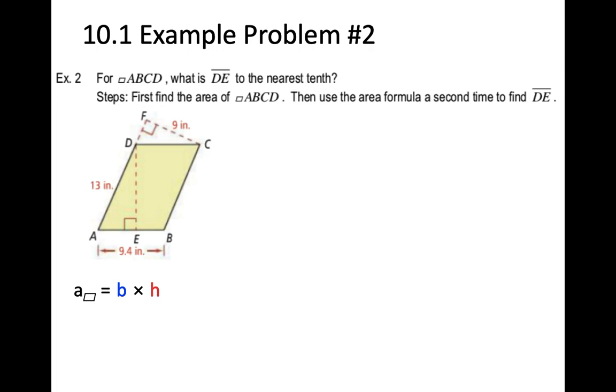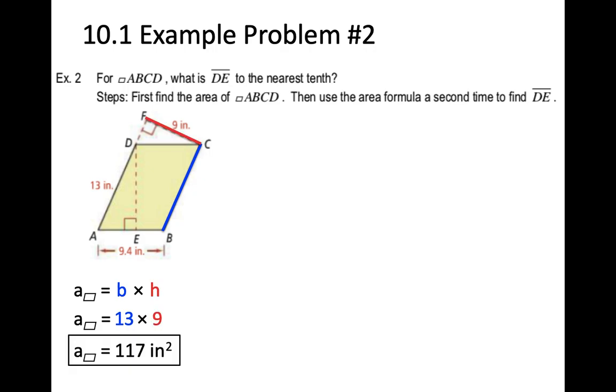The area is the base times the height. The base is going to be right here, BC, and the height is the line that's perpendicular to the base. That would be 9. So multiply those together and I get that the area of this parallelogram is 117 square